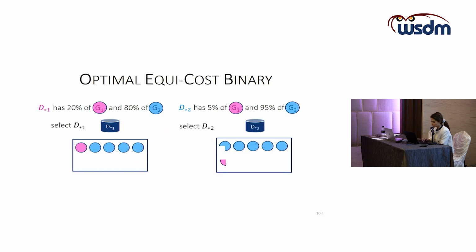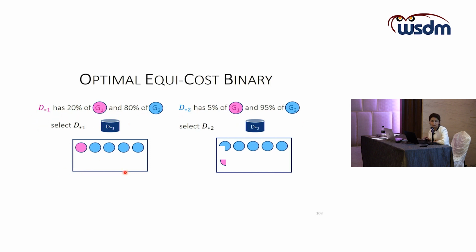And here in this slide, I have a simple example of what happens when we go after the minority. Let's say I have two groups, G1 and G2, and D1 is the best source, the cheapest source for group G1. So it means that this is the cheapest way of obtaining samples from G1. And D2 is the best source for group G2. Let's assume that D1 has 20% of G1 and 80% of G2, and D2 has only 5% of G1 and 95% of G2. Our strategy says to basically go after group G1 and select a sample from D1,